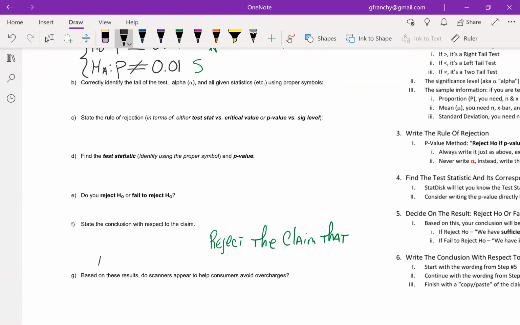That was that with scanners, 1% of sales are overcharges. So we just literally